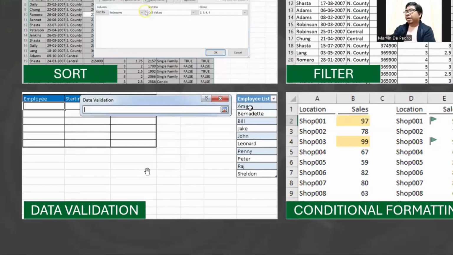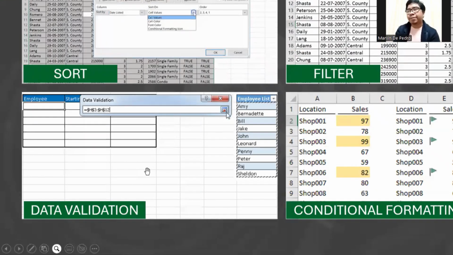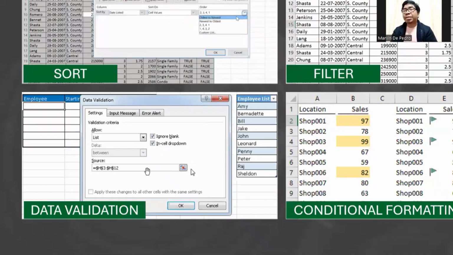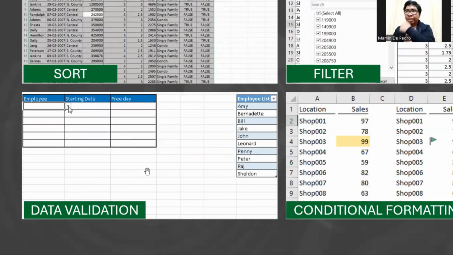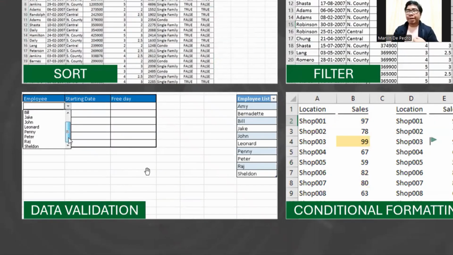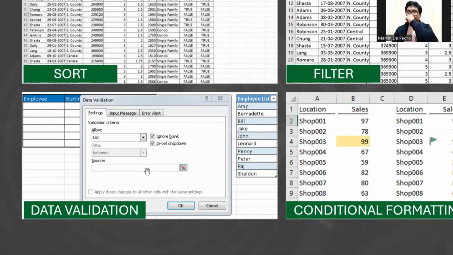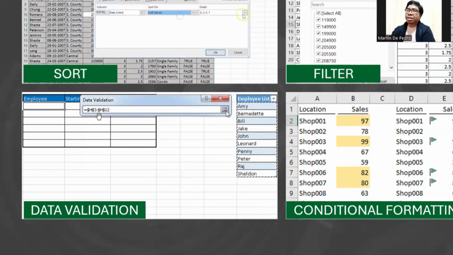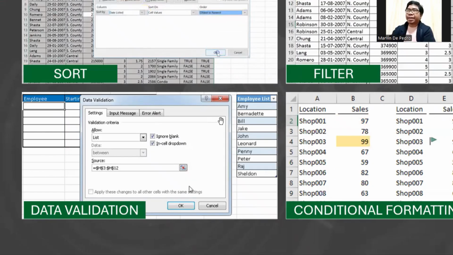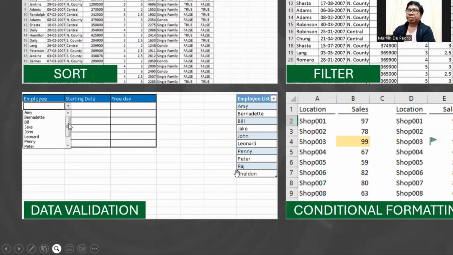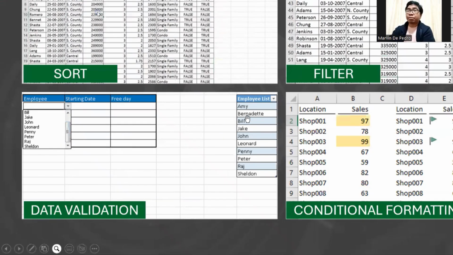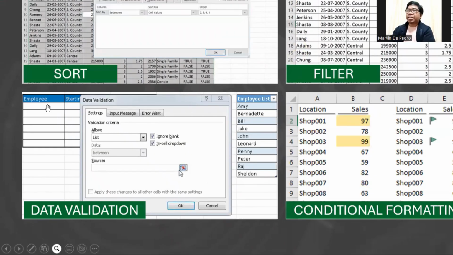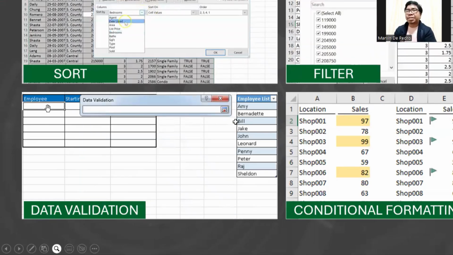Also, when we are accepting inputs, when we are doing some data entries, it will be a big help if we can provide some data validation. This is another thing. As you can see here, we can specify a certain range of answers or values so that this range will be the only ones to be accepted in the specified cells.